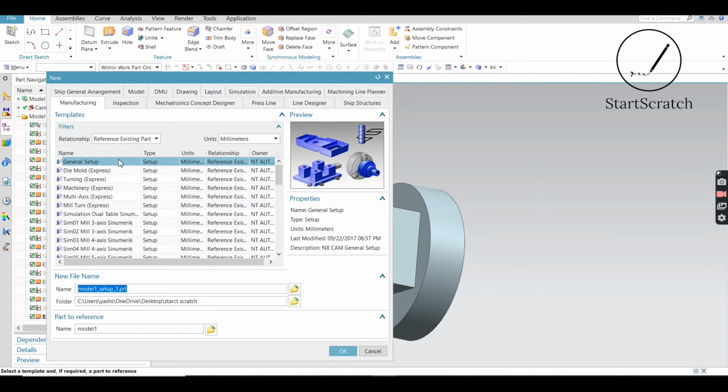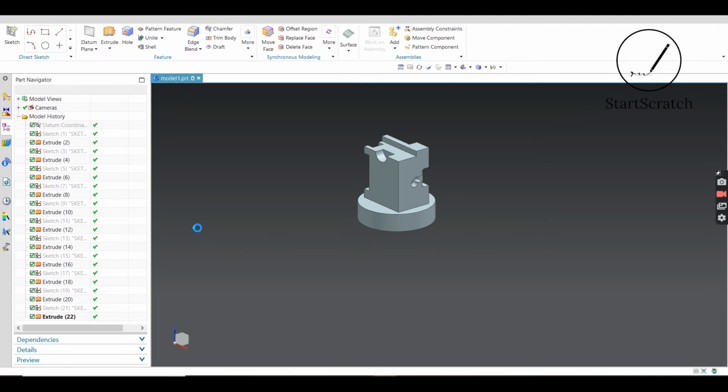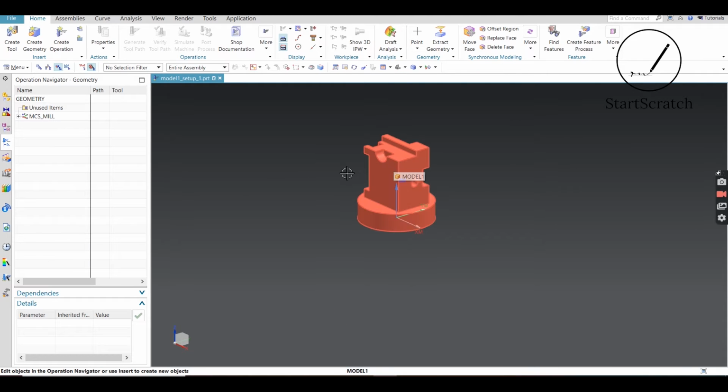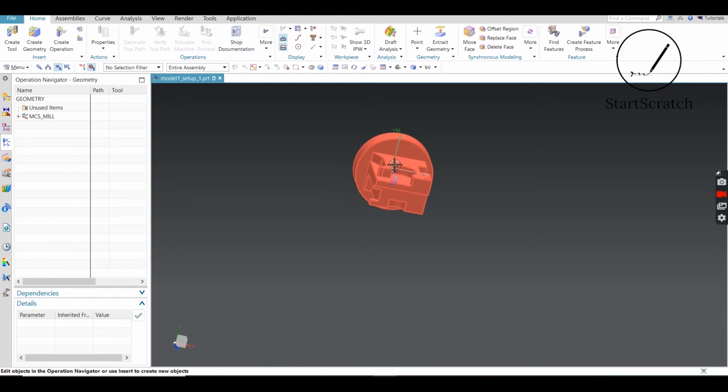So let's start with the general setup. This window would open. Here you can see the operation navigator. This operation navigator can be set as the main tab which we would be using for creating this machined surface from the blank solid cylinder.